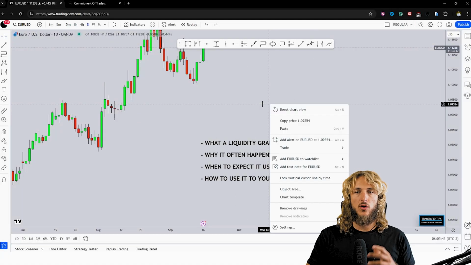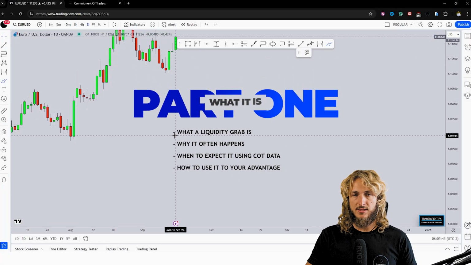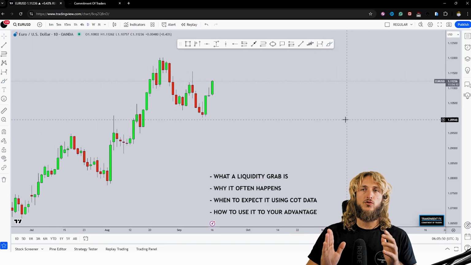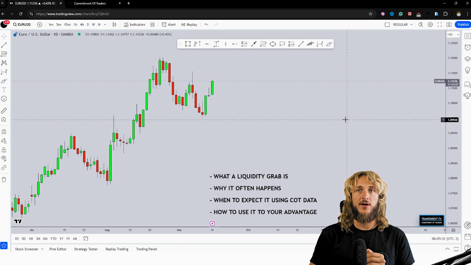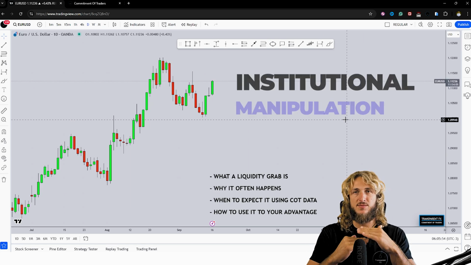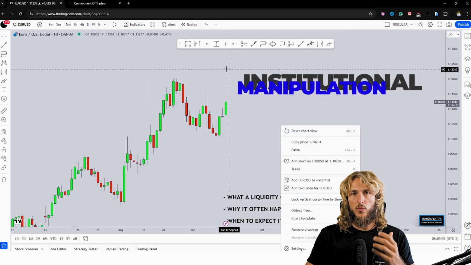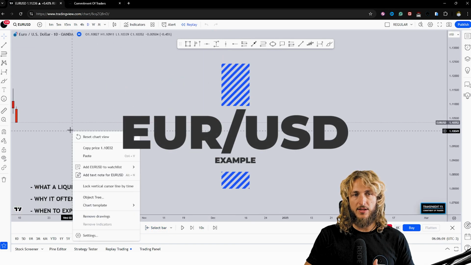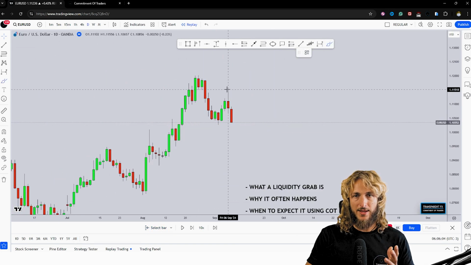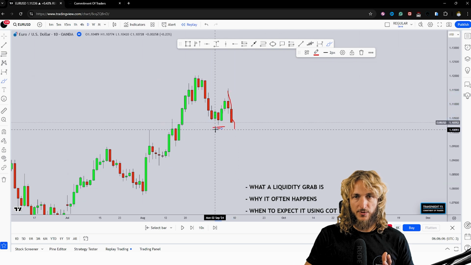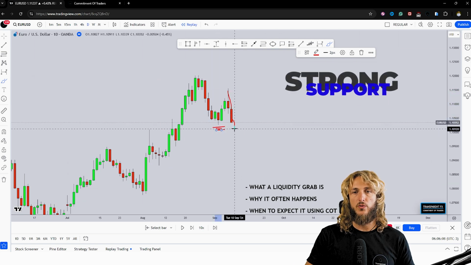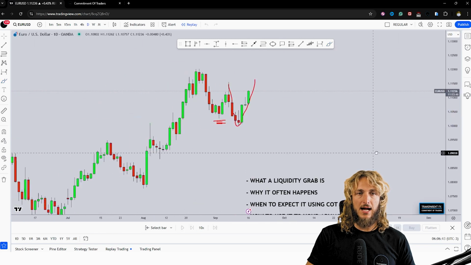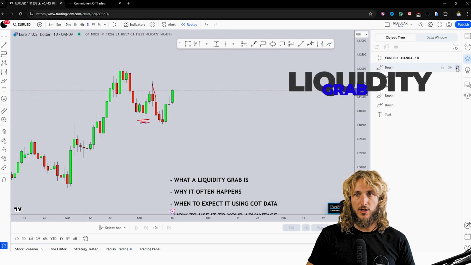Okay, so first of all, what a liquidity grab is. Liquidity grabs are essentially manipulations in the market that happen to go and hunt all the stop losses that are most likely placed at a specific level. For example, what we see right now, and we will be using this throughout the tutorial as an example, what happened right here with Euro USD, that the market went and reached exactly this previous low here and then created a rejection to the upside away from the zone, is a perfect example of a liquidity grab,